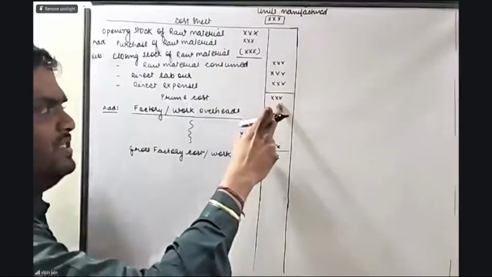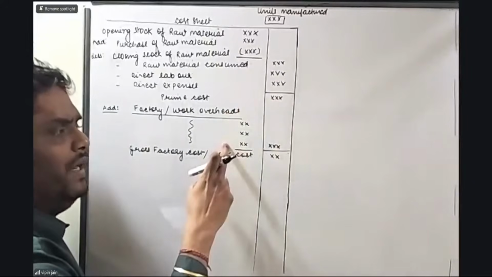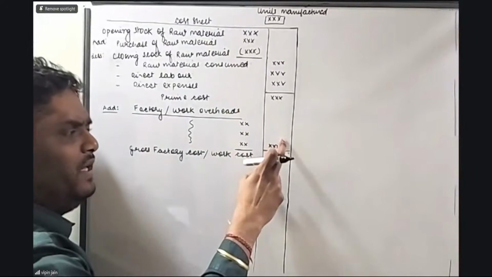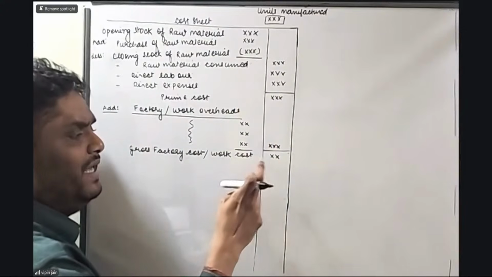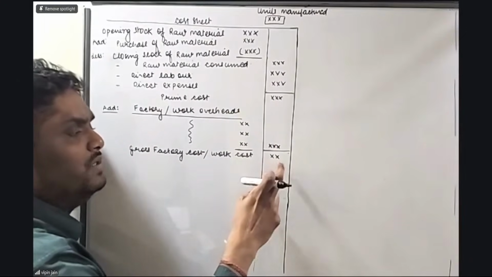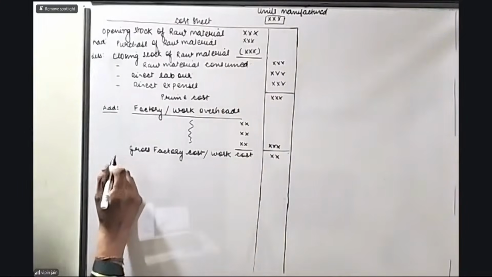So in prime cost, we will add all the factory overheads. After adding all the factory overheads, the amount we will be getting is what? My gross factory cost or work cost. In this,